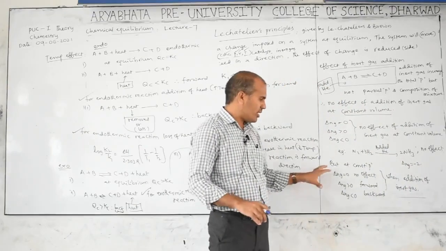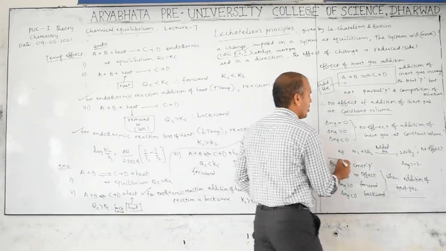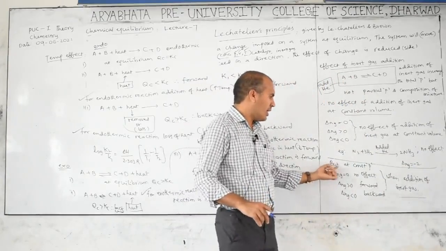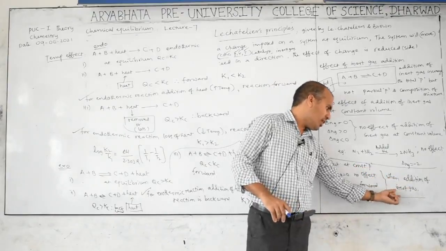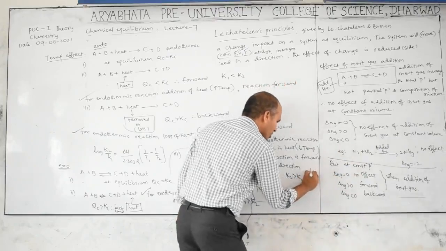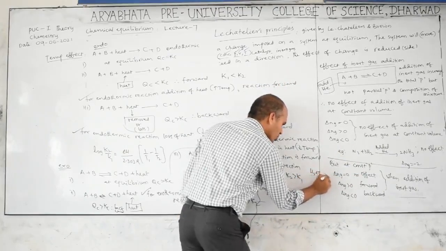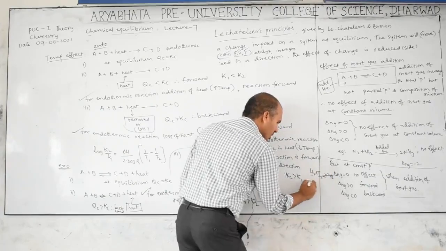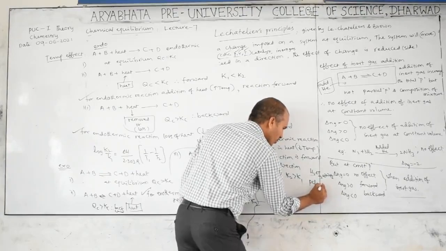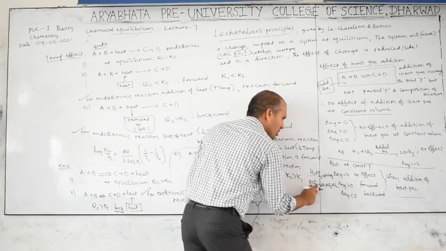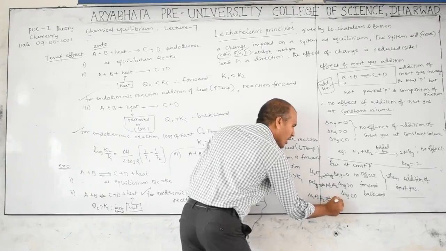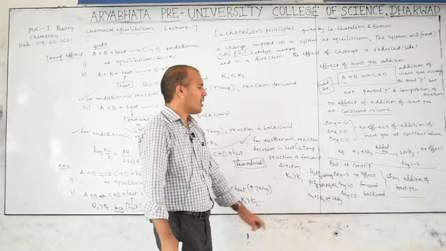This is for competitive examples. This is not there in your textbook. Up to here only is there in your textbook. At constant volume, this I have given extra. But at constant pressure, when inert gases are added, delta Ng 0 means no effect. For this I want to write one example. H2 plus I2 gives rise to 2HI, no effect. PCl5 gives rise to PCl3 plus Cl2, then forward. N2 plus 3H2 gives rise to NH3, this is backward. So like this also it is possible.